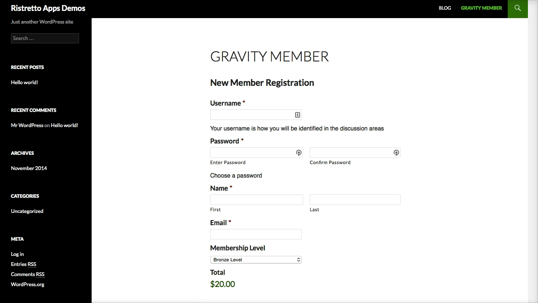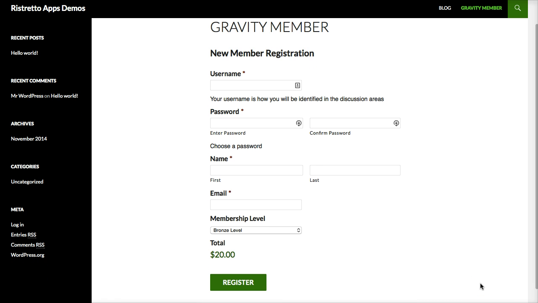Here we have our Gravity Form checkout process, basically checkout form, which allows a customer to go through, create a user through the user registration add-on of Gravity Forms. They check out using PayPal, and they're automatically enrolled in Wishlist Member using Gravity Member. So that's great. It's wonderful for those users who don't currently have an account with you and are brand new